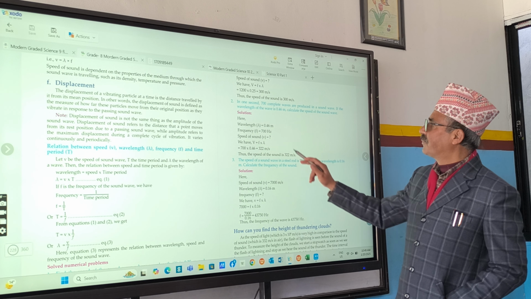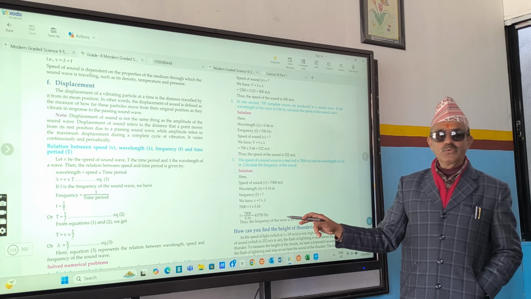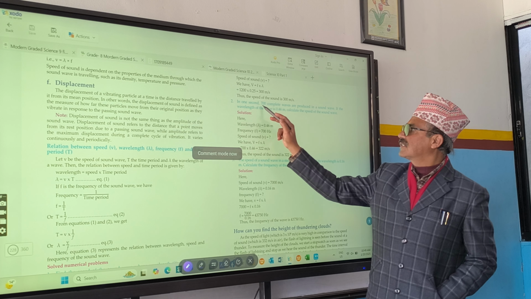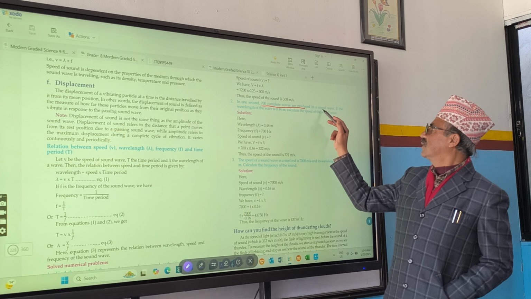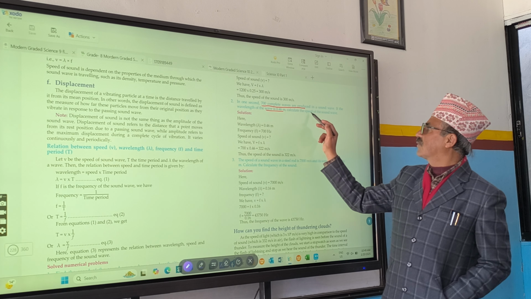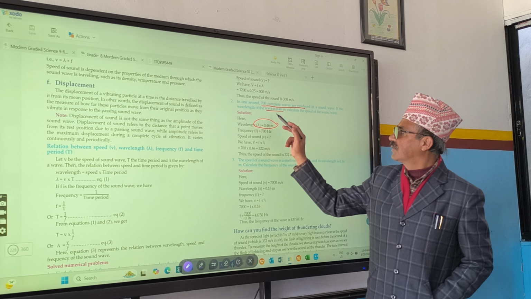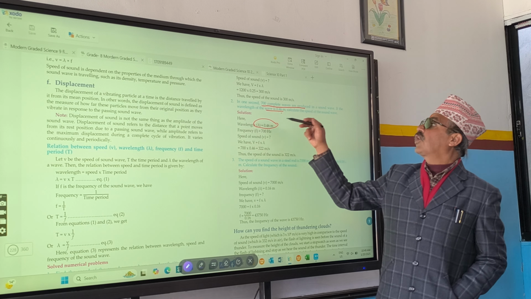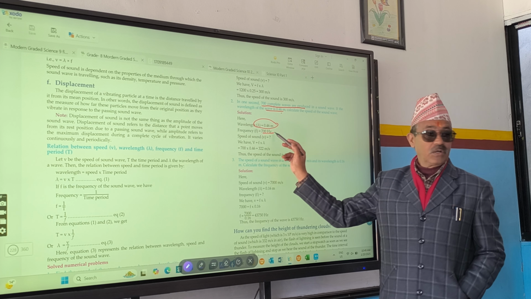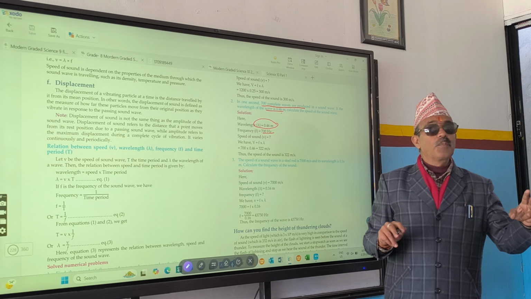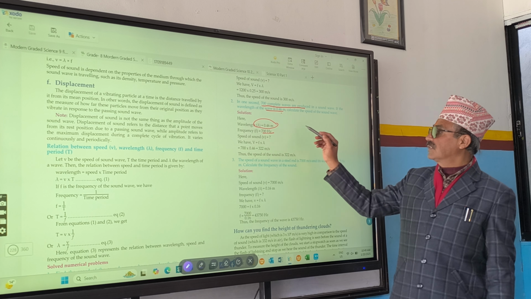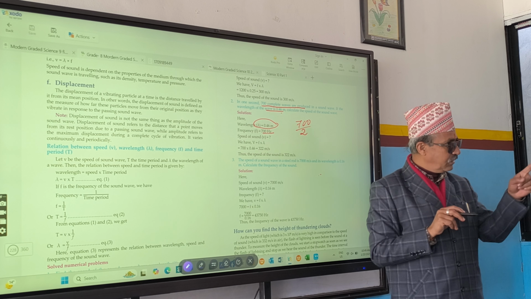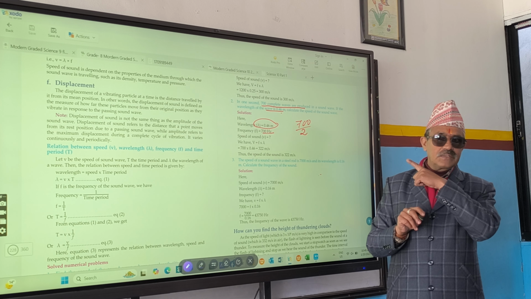What is next here? Here are two similar types of numericals. Read numerical 2. In 1 second, 700 complete waves are produced. If the wavelength of the wave is this much, calculate the speed. Wavelength is 0.46, given. Then frequency: 700 complete waves produced in 1 second means 700. But if 700 complete waves are made in 2 seconds, then frequency equals 700 by 2. Here it is 1 second, that's why 700. Make the concept clear.